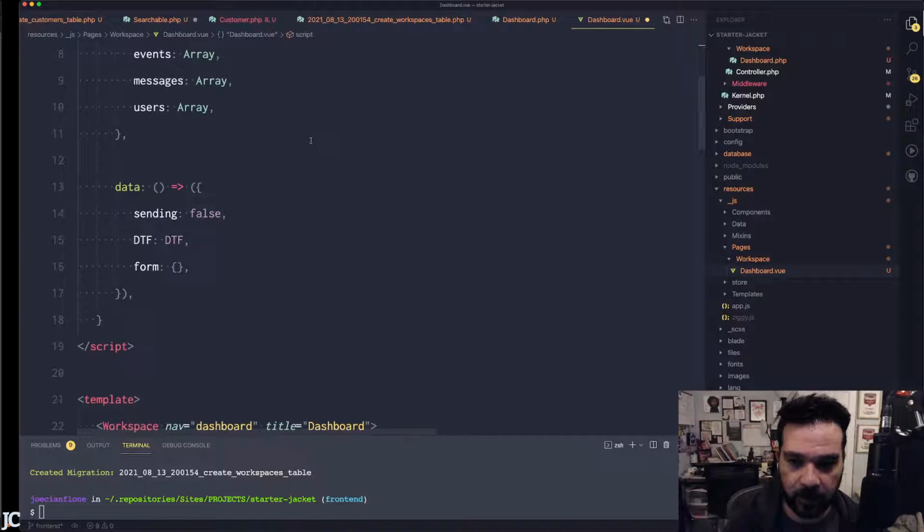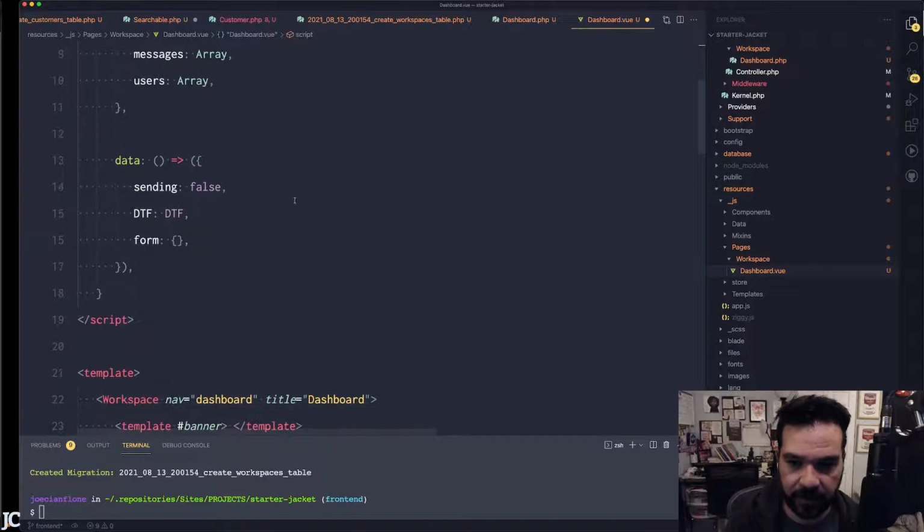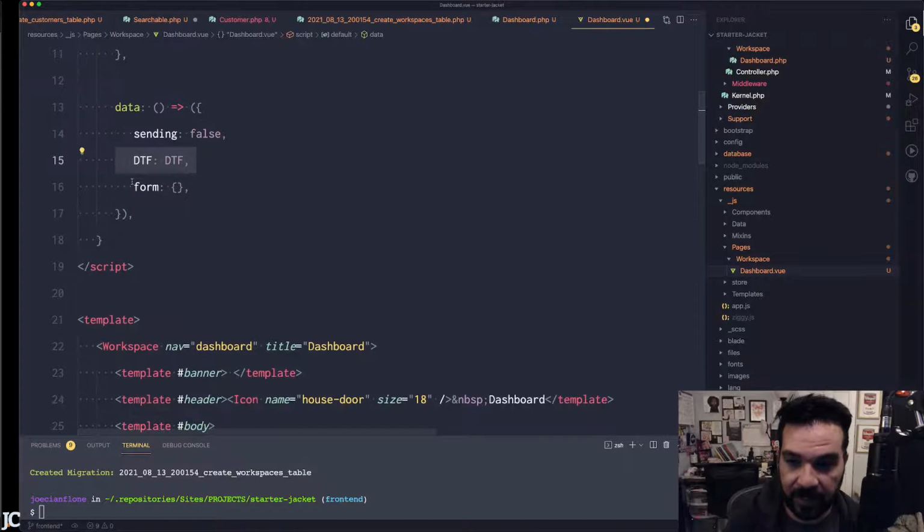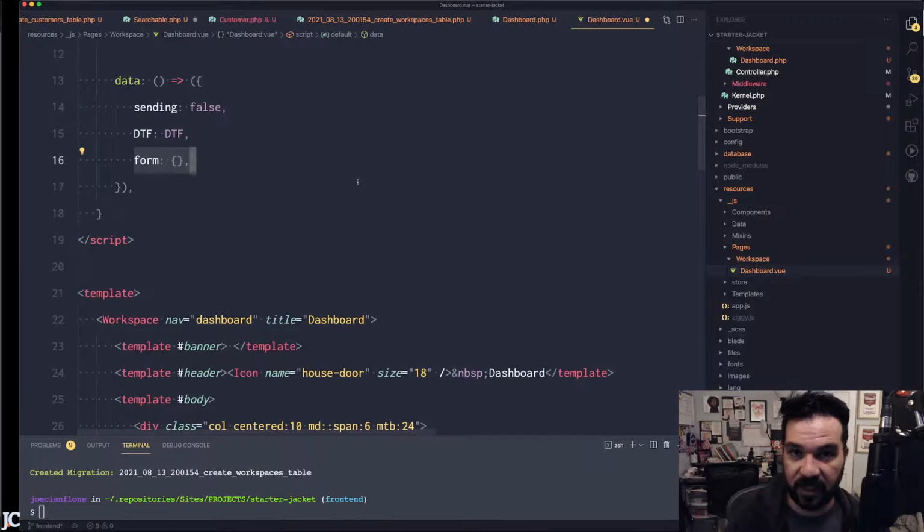All right, so some inertia stuff. So there is this sending false, not necessarily needed by inertia, but it's cool. You can use it to trigger when you're going to stop and start buttons. So if you want to disable a button or put a spinner in a button, you can set this send data variable to true, and then that'll disable buttons or whatever. As you can see, pulling in DTF, and then the form thing, not strictly an inertia